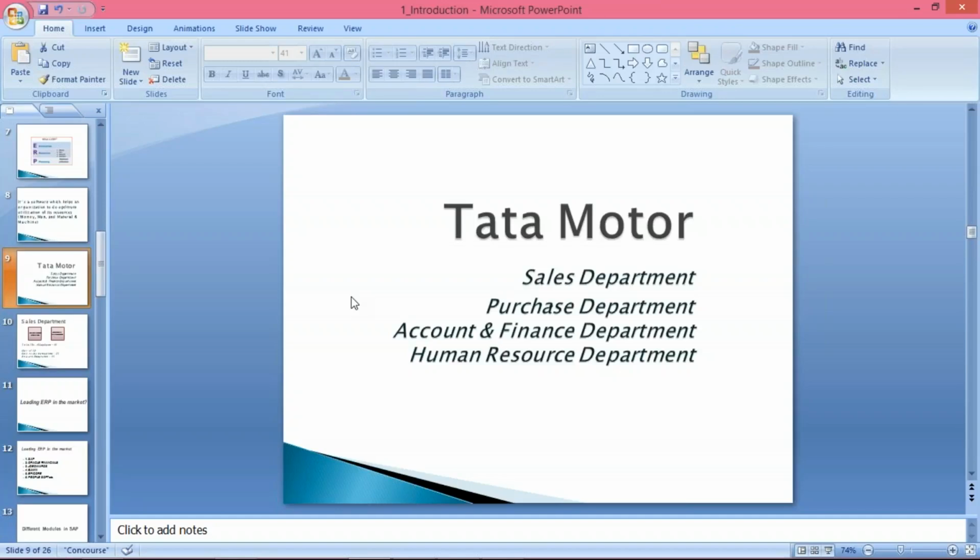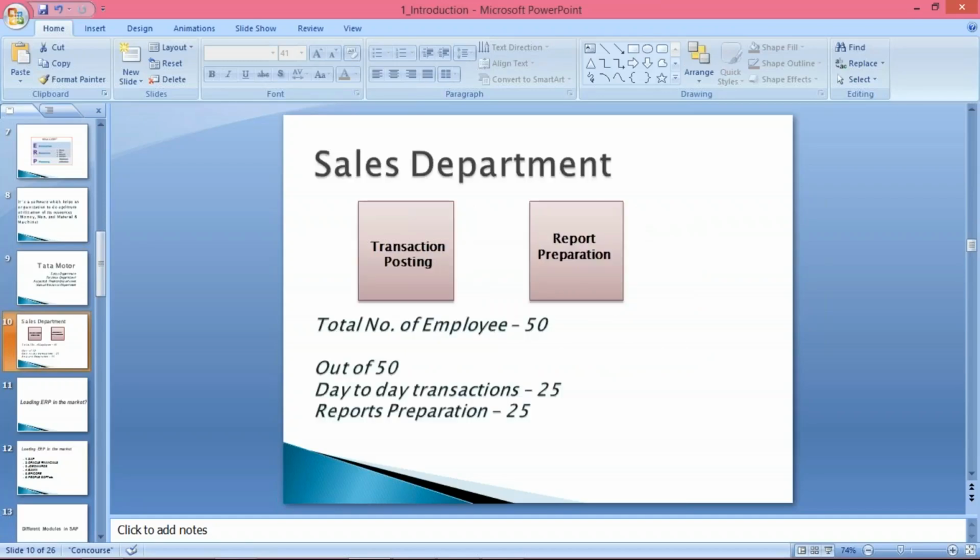Take the example of any department. Say for example, I have taken the sales department. Now, in the sales department, just assume what used to happen 30 years back, or 40 years back, when the computer was not much prevalent in the market. As I said, 30, 40 or 50 years back, organizations used to maintain books or registers. So in companies also, they used to maintain several different kinds of registers.